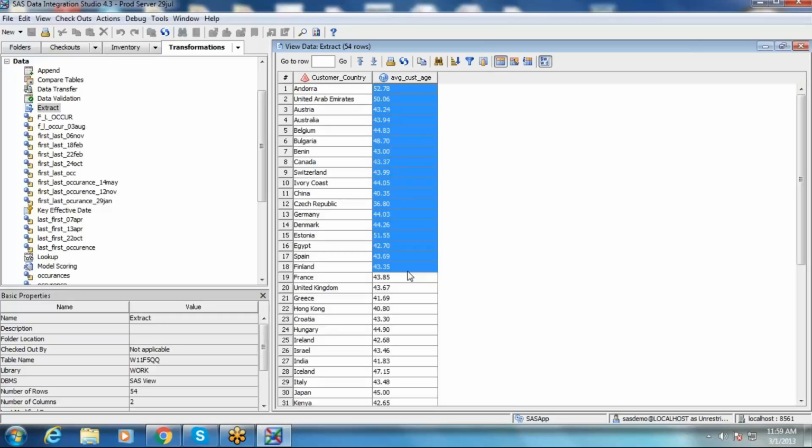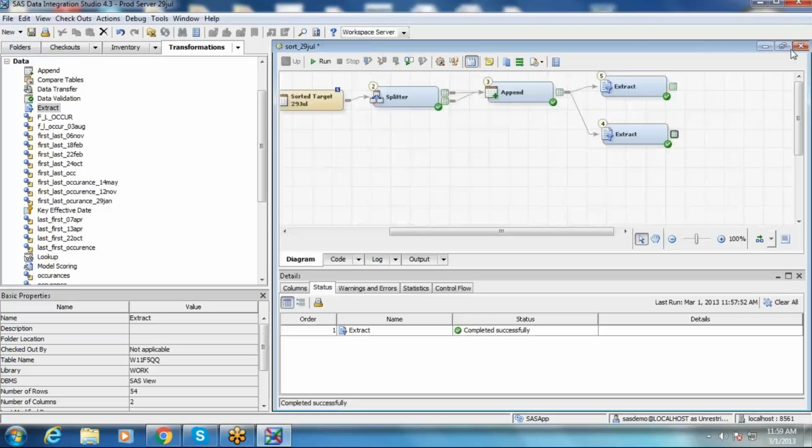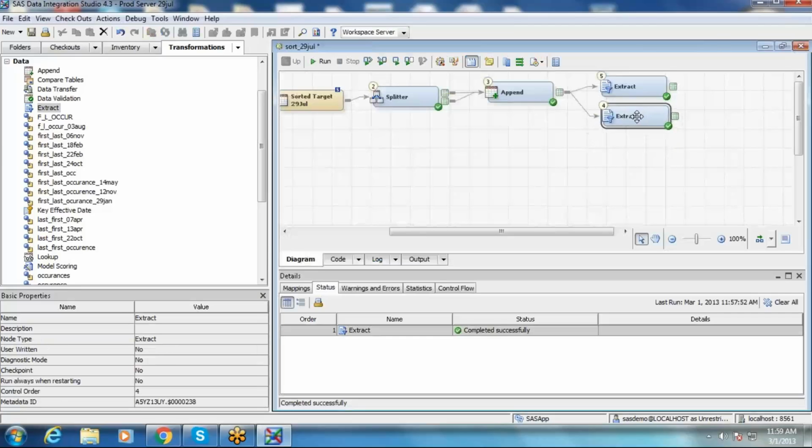Okay, so let us take some other scenario here. I want the first 3 characters of customer name in a new column. There you don't need to group by. You can straight away pull all the records from the source table and create a target table. So let us do that now.